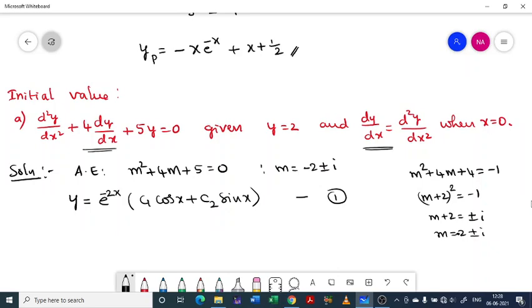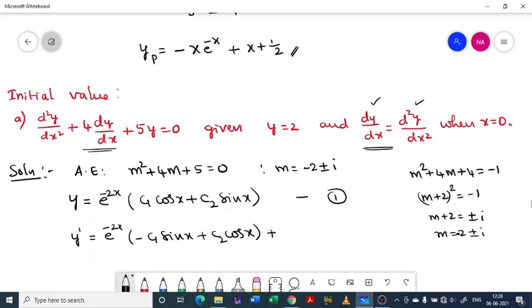Now if you differentiate it, y dash, see, you have to find the first derivative and also the second derivative. Y dash will actually be e power minus 2x into minus c1 sin x plus c2 cos x